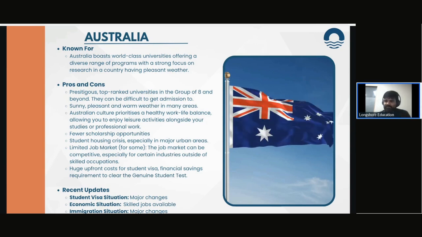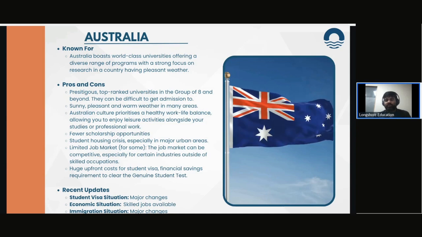Even though Australia is changing a lot when it comes to students, for skilled students, or students who are planning to go to the Group of 8 or the top universities, you don't have too much of a problem. There is a risk factor being assigned to each university or college that works in Australia, and they are trying to close all the loopholes that are there.